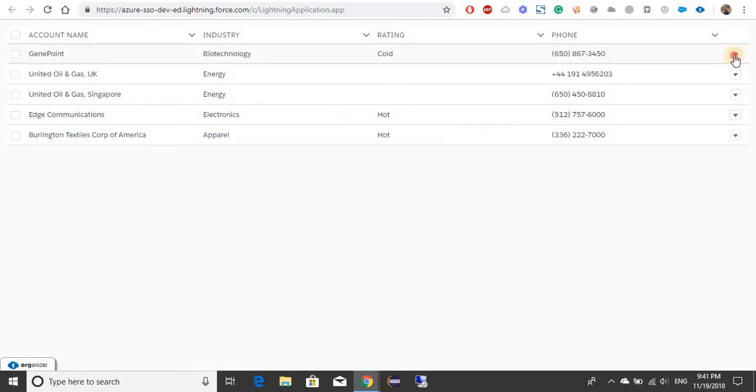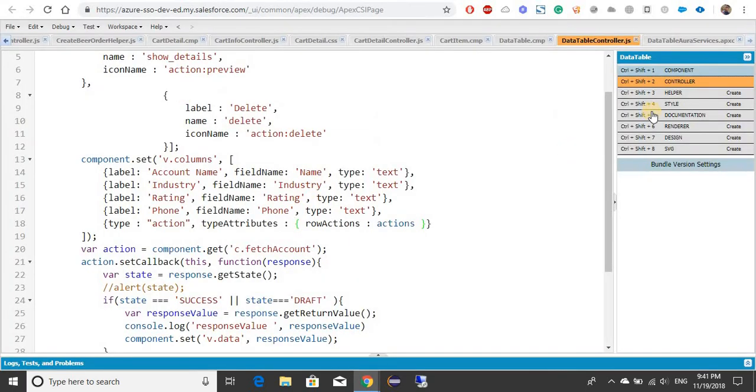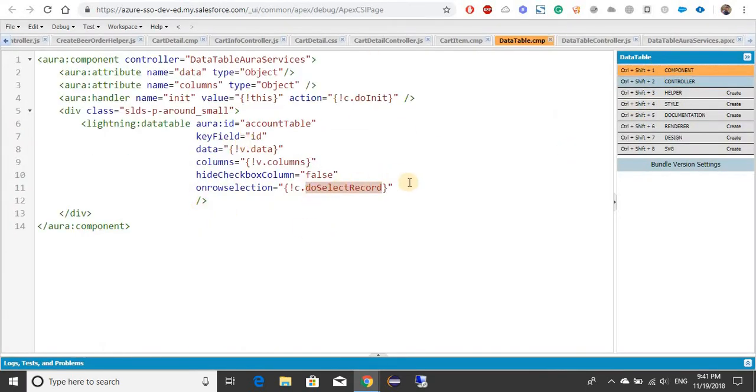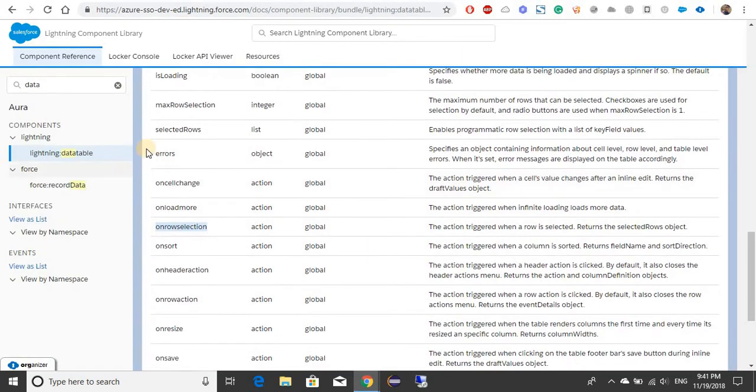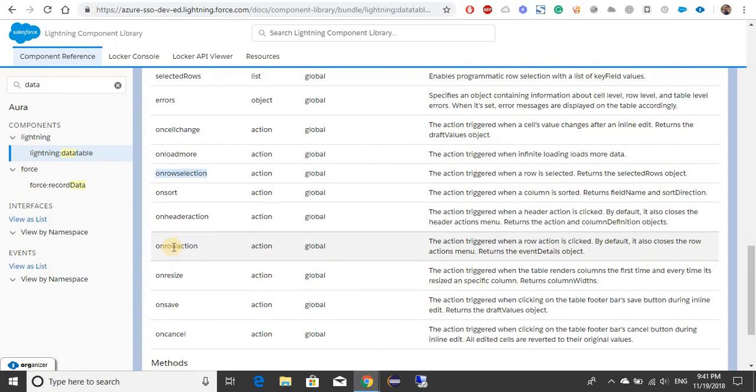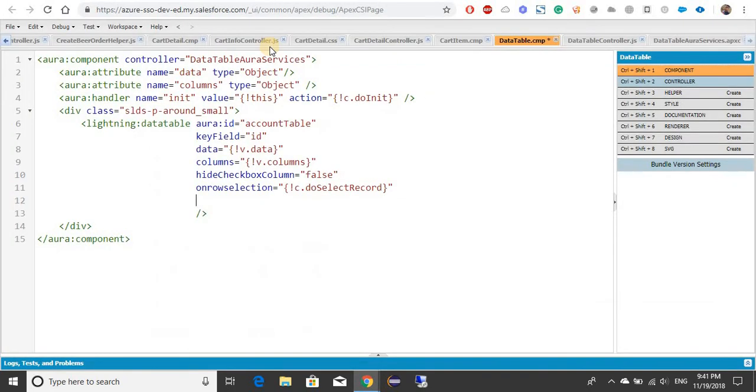You can see the drop down here. You can see show details, you can see the delete with the icon name, whatever the icon we have provided over there. Now how it will work? I'm clicking on show detail, but I'm not able to get anything. So for this, there is one more attribute that is called as on row action. So let's go ahead on the data table, get the correct name, that is on row action, copy this,